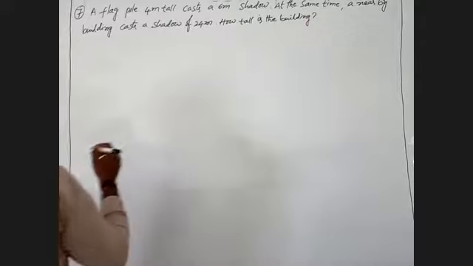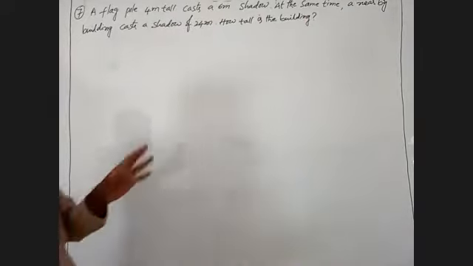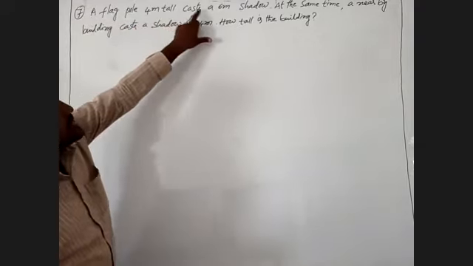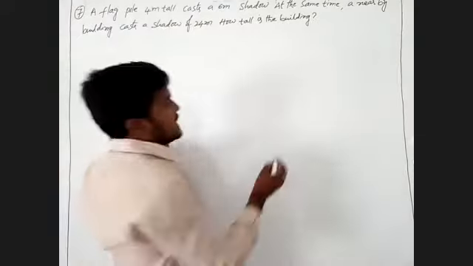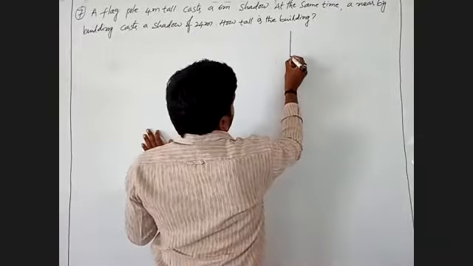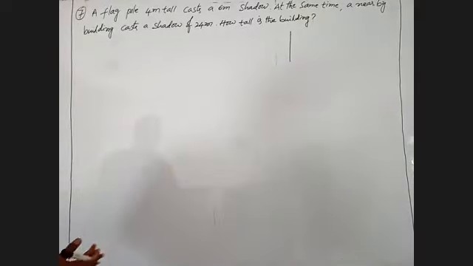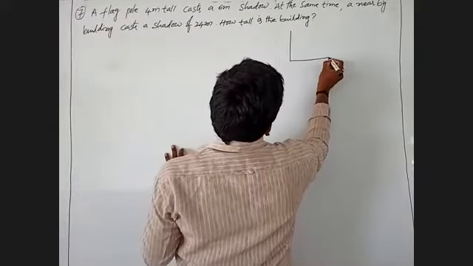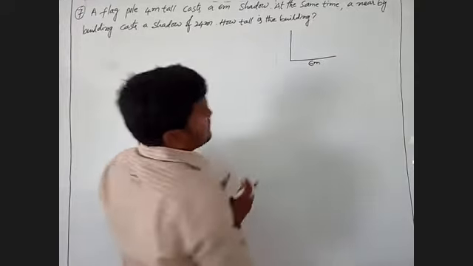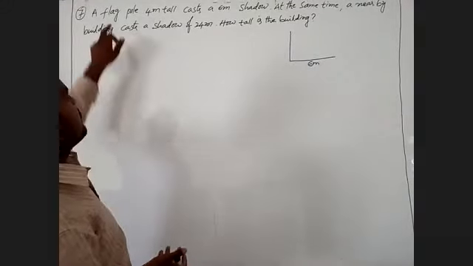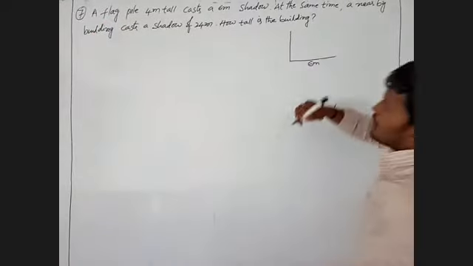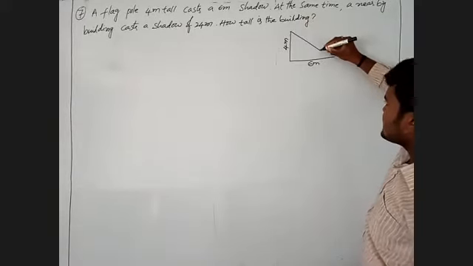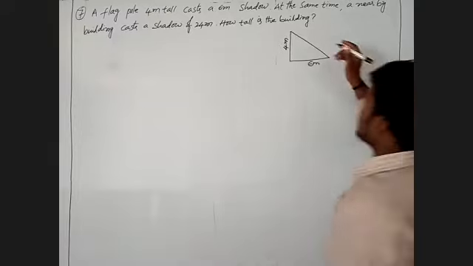This is most important for 2 marks. What is given in this one? We will observe a platform 4 meters tall plus a 6 meters shadow. I will take a figure. This is the given flag. The shadow of the given flag is 6 meters. And also the flagpole height is 4 meters. We have to take this as a given triangle. Name it as ABC.